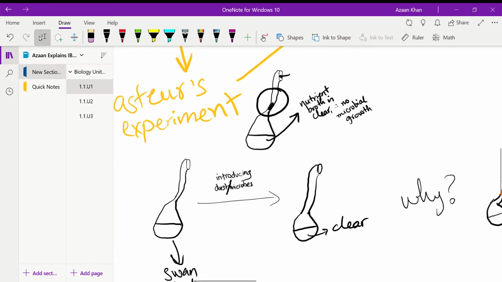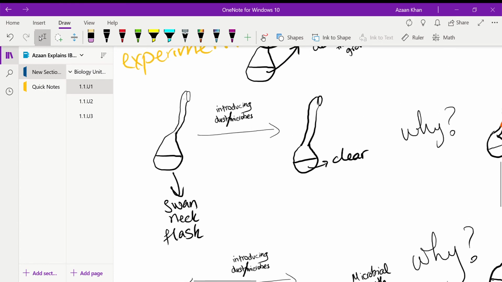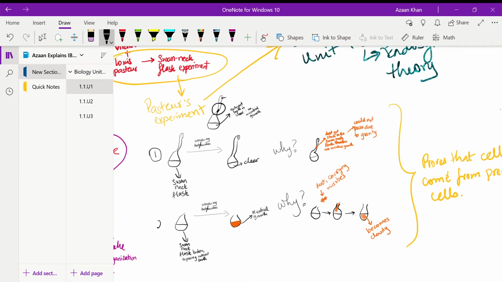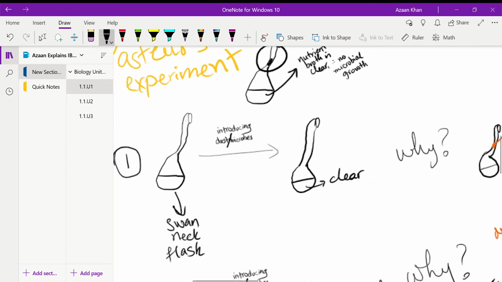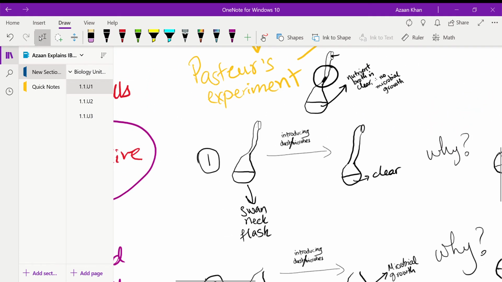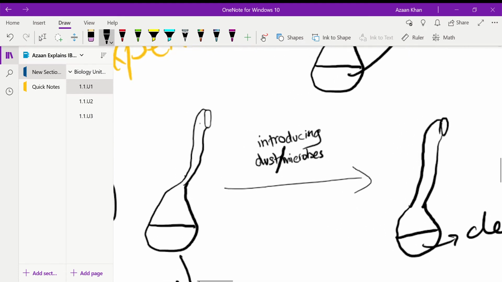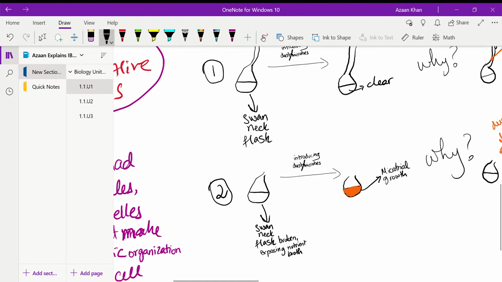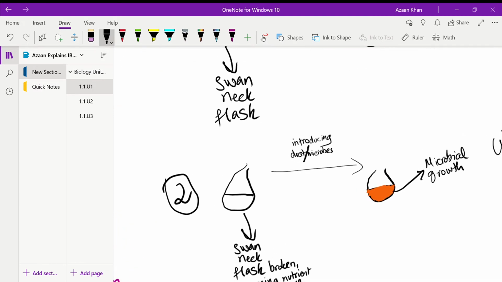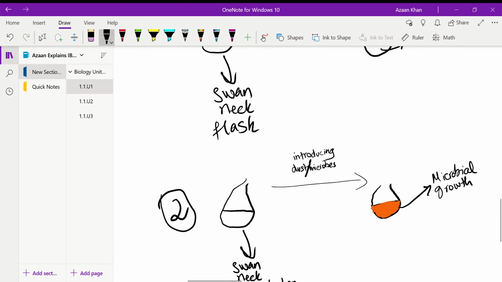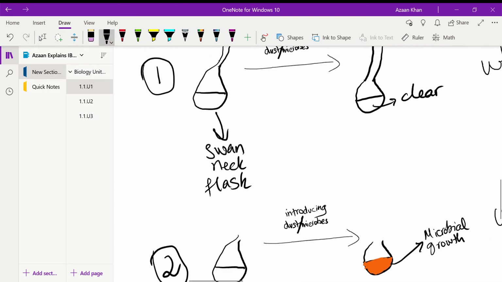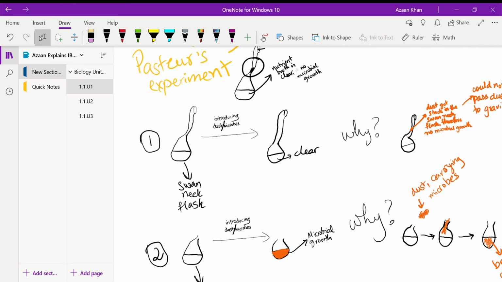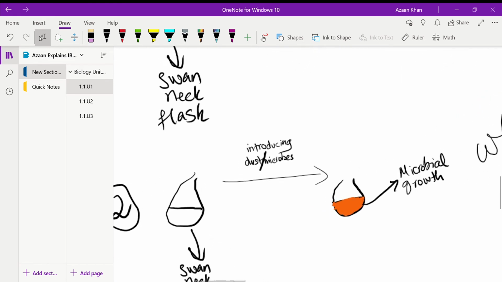So using this idea, he conducted two series of experiments. So this is experiment 1 and this is experiment 2. His independent variable was that the Swan neck flasks in experiment 1 would stay attached. So the Swan neck itself was still connected to the flask. And in experiment 2, however, he actually broke the Swan neck flask so that only the flask side of it, which contained the microbial broth, which was a way of promoting cell growth because it had all the nutrients and